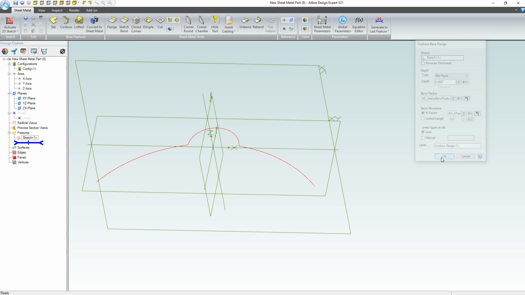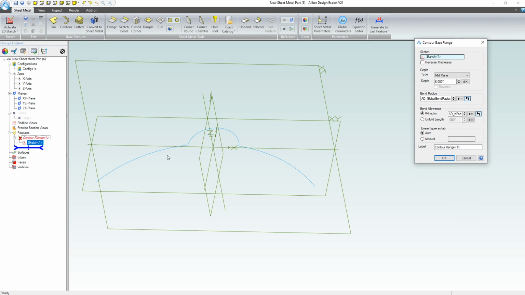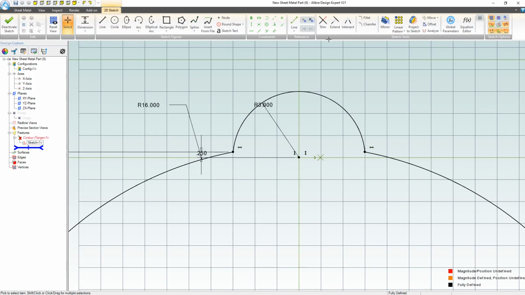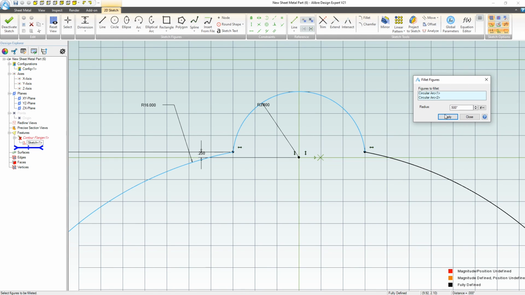And bam. So it looks like this contour didn't work. And I think what I'm missing is sketch fillets. So let's grab a sketch fillet here and go from here to here. 1/2 inch is a fine dimension for a sketch fillet. And likewise, we've lost a little bit of